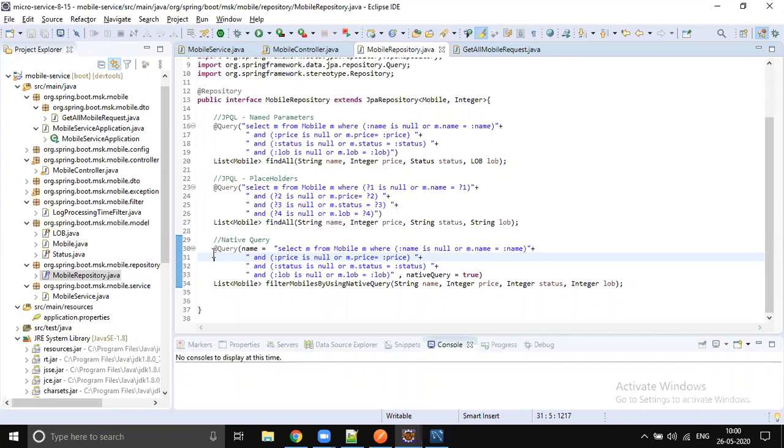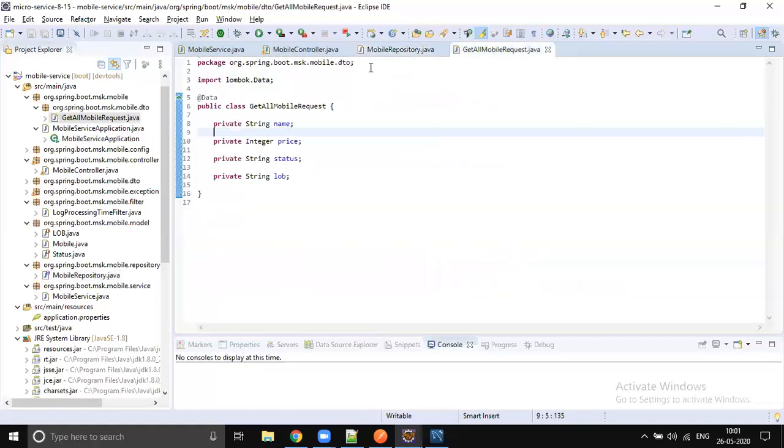Yeah, Sunil. How are the query parameters matched with that object, the get all mobile request parameters? Sorry, I didn't get your question. Can you speak a little louder? Query parameters, right? We are passing in the request. Okay, so this one, the confirm class.